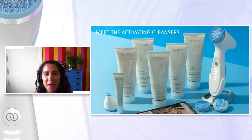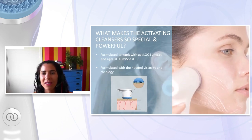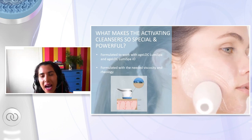We are also going to go through the cleansers at New Skin Talks on September 8th, because I want to mention a bit more about the ingredients there, which unfortunately I will not have time for today. So more to come. But one thing I want to mention about all of the cleansers is, of course, that